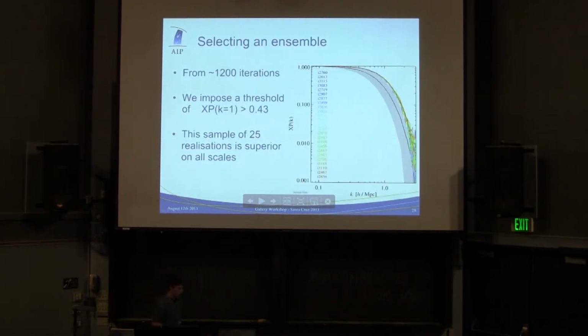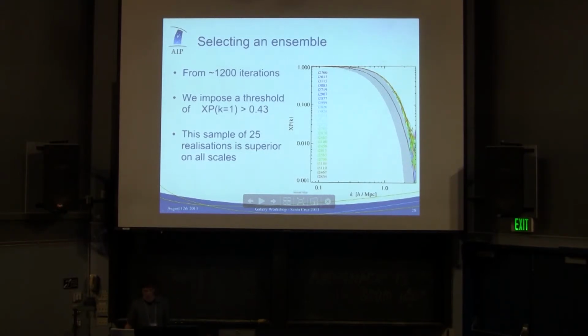So before we start with the n-body simulations, we want to cherry pick the best solutions from our iterative scheme. Since the scheme already runs thousands of iteration steps, we thought we can as well run it 1,200 times longer and pick the 25 best correlated with the galaxy field. So this is a cross power spectrum of the ALPT density fields, and we just picked the 25 best to simulate with